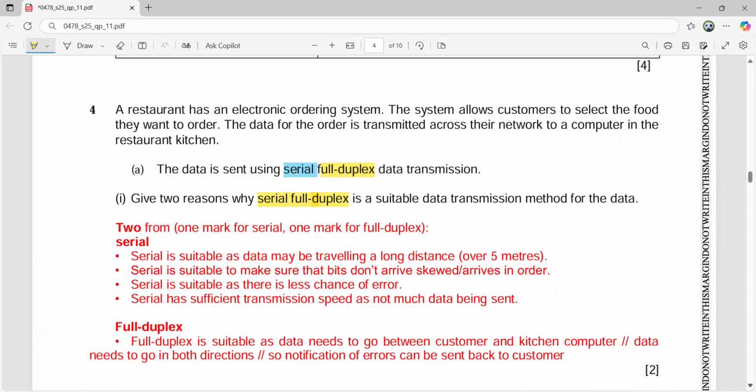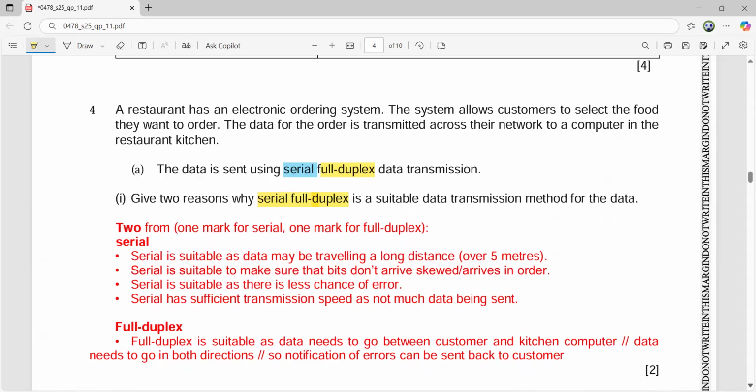Serial is suitable as there is less chance of errors. That is also suitable. Serial has sufficient transmission speed as not much data is being sent. That is also a right answer. So now please be clear. You have to mention with respect to the transmission, and for that, the options as mentioned will be the best answers. Moving to why full duplex, it's suitable as data needs to go between customer and kitchen